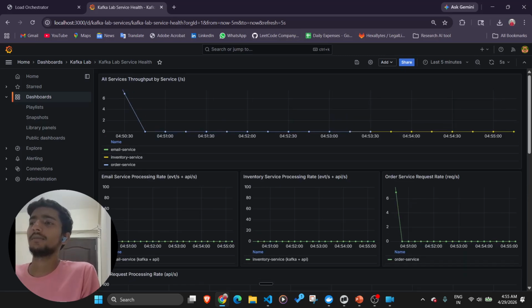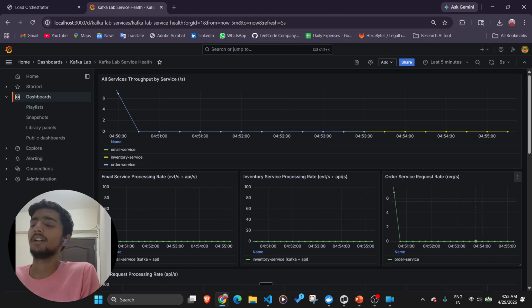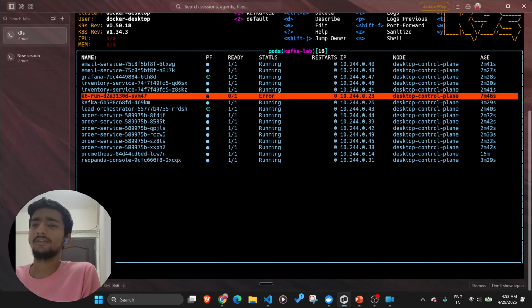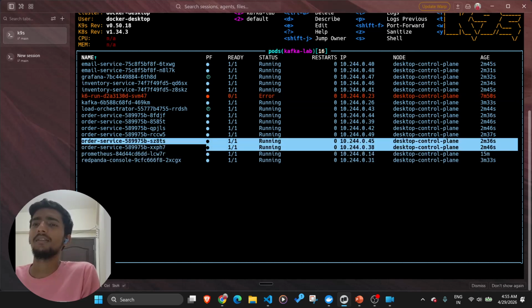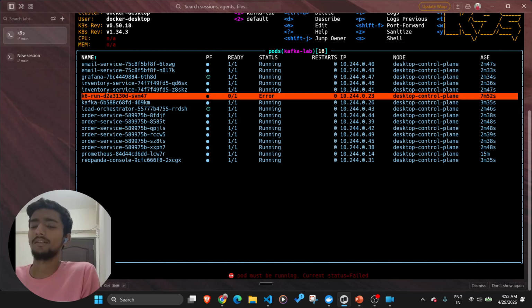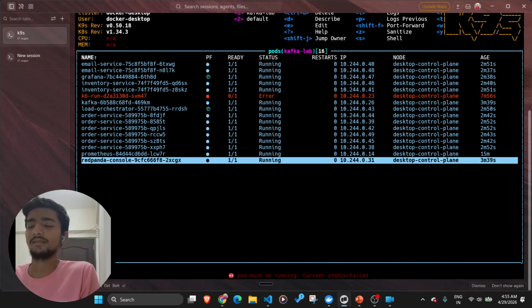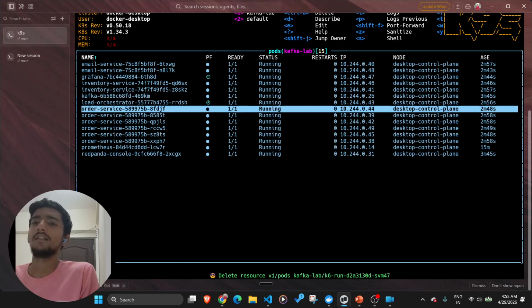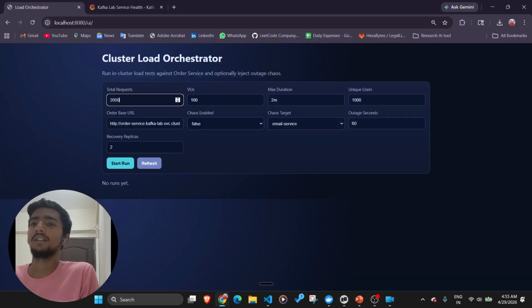So this is the dashboard where we can see the number of requests, and this is what we should observe. Let me delete this thing. So let's hit 2 million requests, and the time limit is 5 minutes, as it was with the other service cluster, and start.